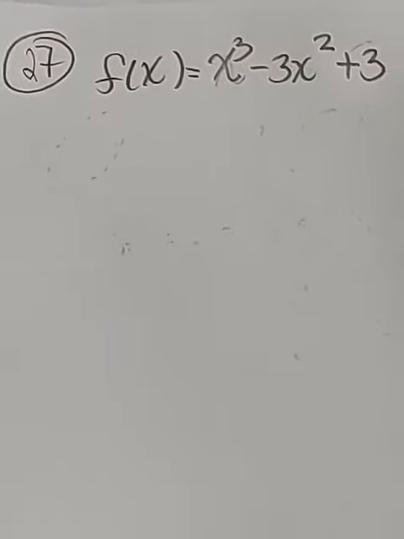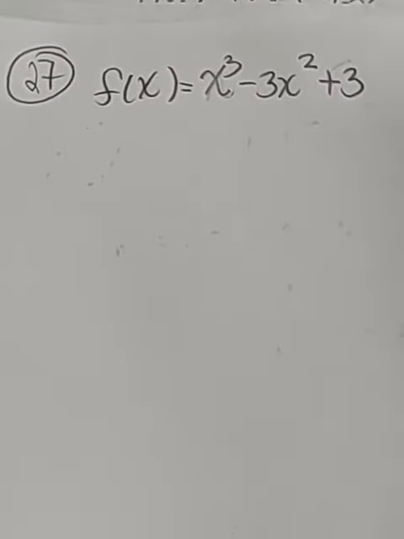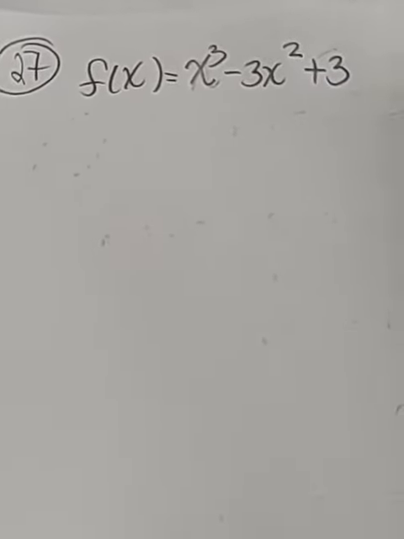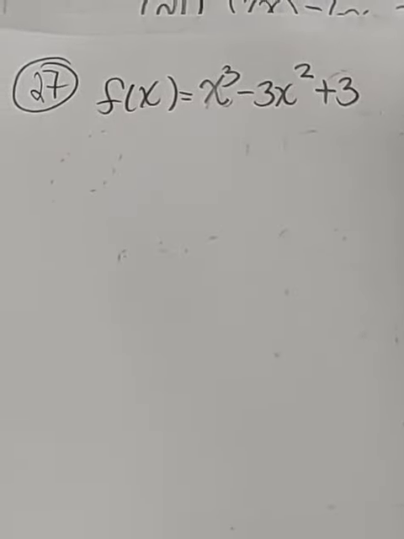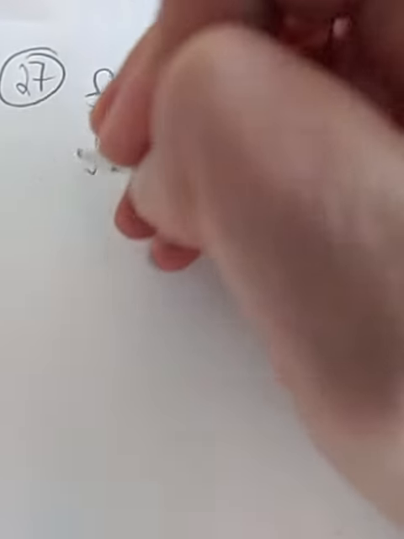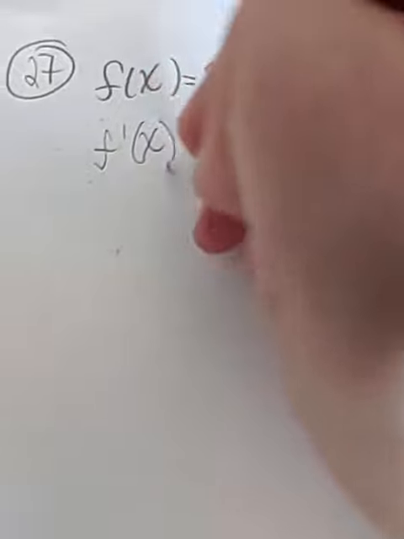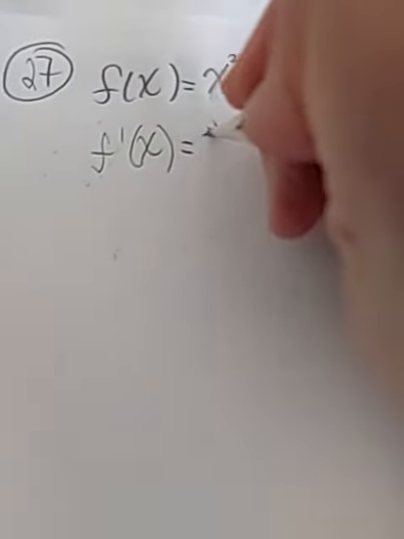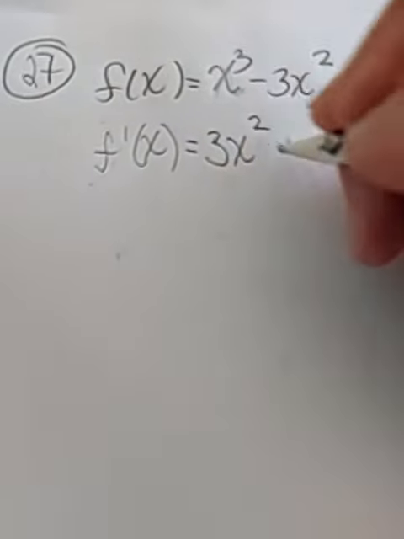Okay, so we're going to find the relative extrema. We're going to use the second derivative test if we can on number 27. All right, so first thing, we're going to find the first derivative. So we get 3x squared minus